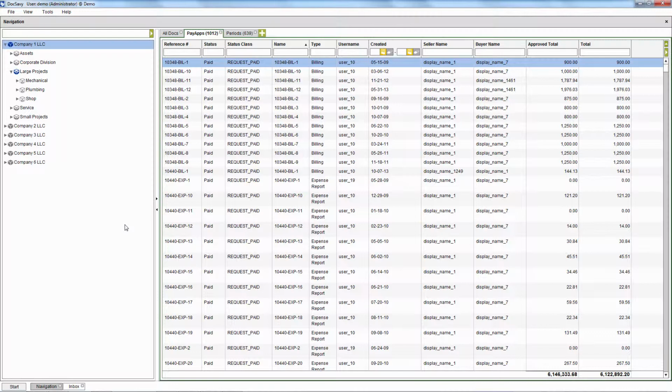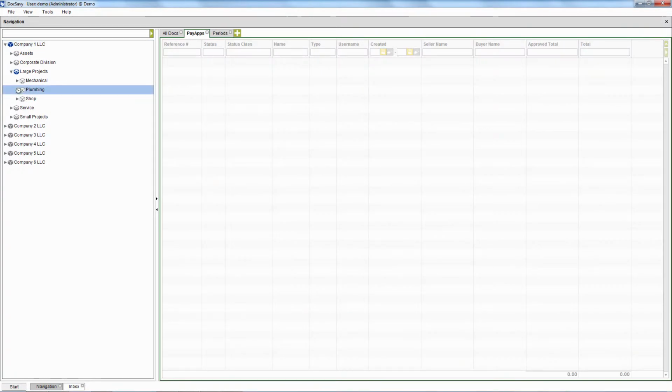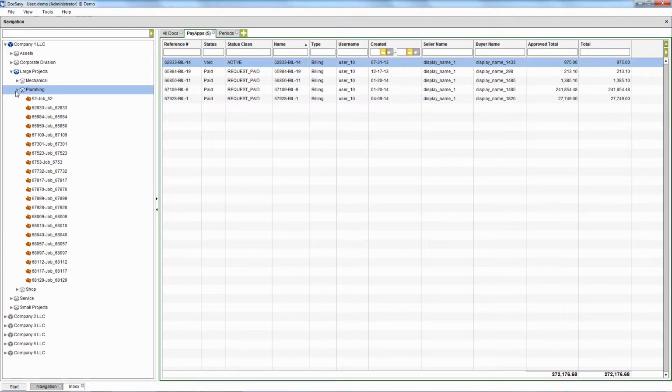Navigation within DocSavy is an intuitive and fast viewer that makes it simple to find docs or folders. Navigation is often used to create lists of business data. Navigation has a tree on the left and a list of docs on the right, much like Microsoft's Explorer. Unlike Explorer, there are no folders shown in the right pane. The list of docs is a list of docs that are in the selected folder or beneath the selected node